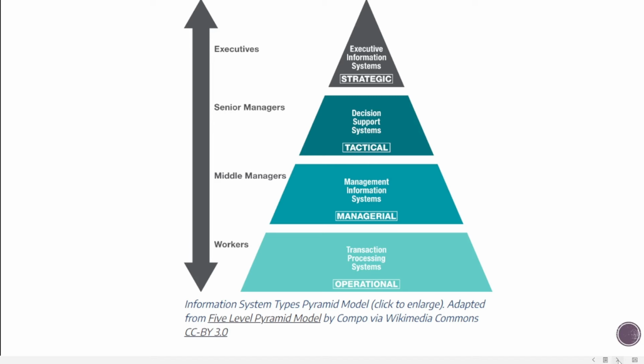As you can see from the image here, makikita natin dito yung apat na types of information system, and also we could depict from the image. It illustrates how different types of information systems are utilized by different levels of management in an organization. So as you can see in the operational level,